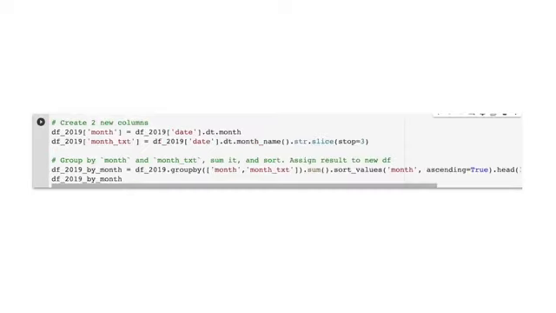Next, we'll create some new columns in our data frame, month and month text. You'll notice for the date, we use the str.slice function to cut the month names down to just the first 3 letters. Finally, we create a data frame that groups the total number of lightning strikes for each month.